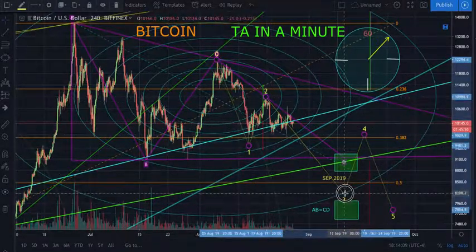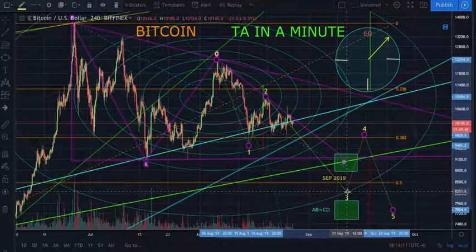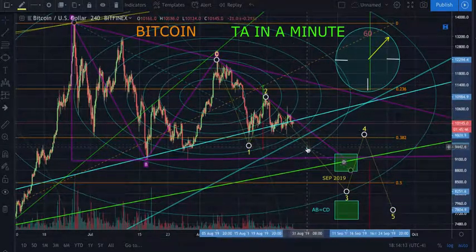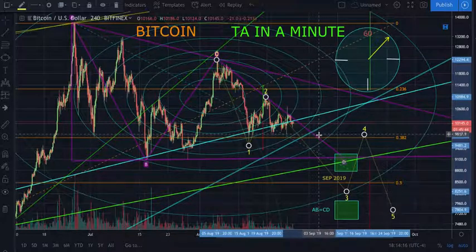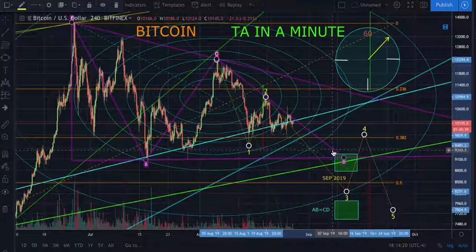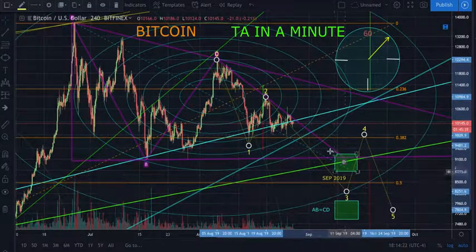As a matter of fact, I think I had it just a little, yep, that's perfect right there. So we're going to get an interaction down here, bounce back up, probably touch it again, maybe get a spring, a fake out over that 382, and then that's going to fail, and that's going to take us down where we'll get interactions along the way.